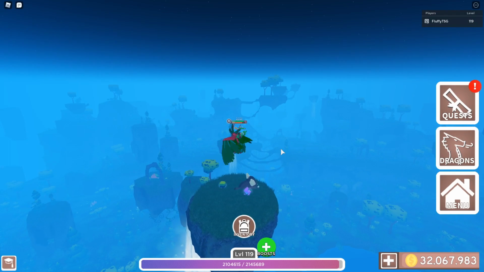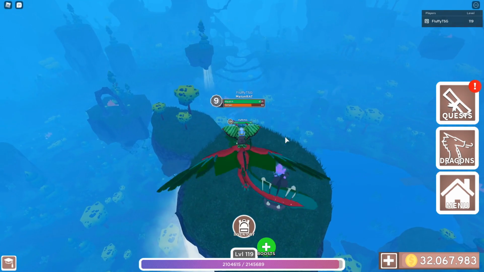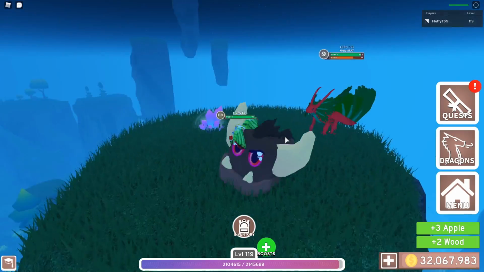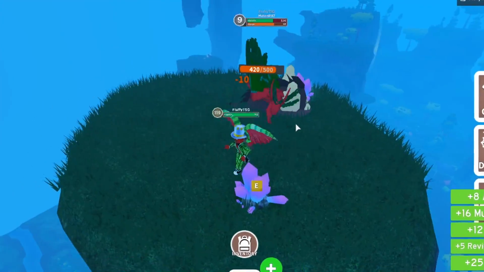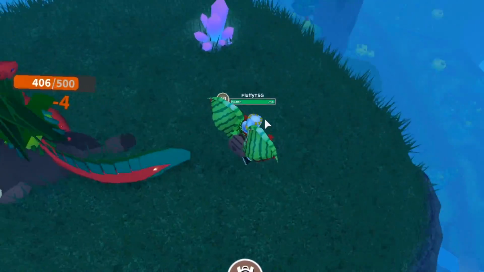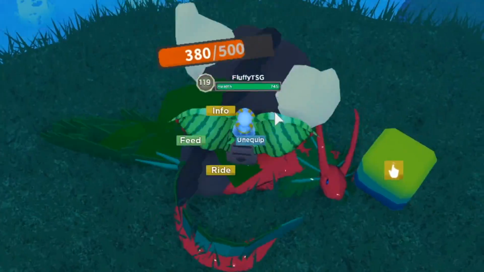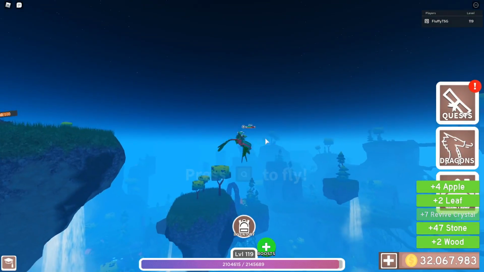There are also drops from crystals. They basically are the same as the bushes, but they have an increased drop of crystals and stuff. So if I just go here and land with my melon rat, you can just press E on these things, and you have a high chance to get crystals and petals, because those are basically items you can get out of crystals really easily. For the bushes you can get more apples and stuff, so it really depends on what you want to do. So if you are looking for revive crystals and stuff, I really recommend going to these higher